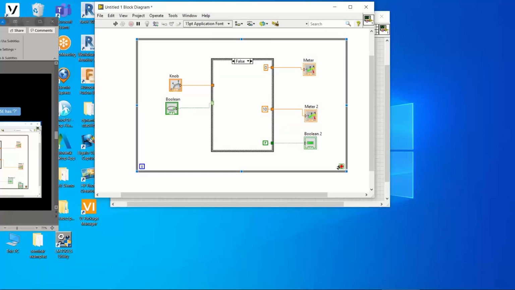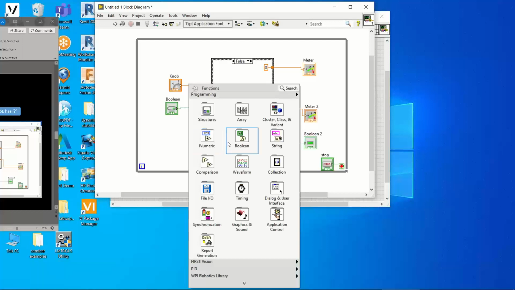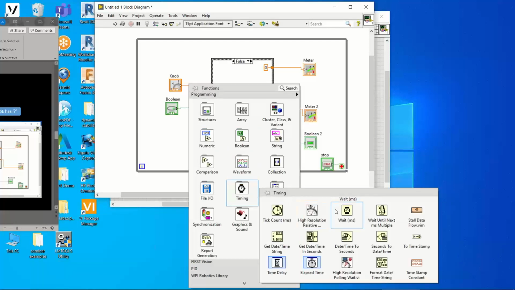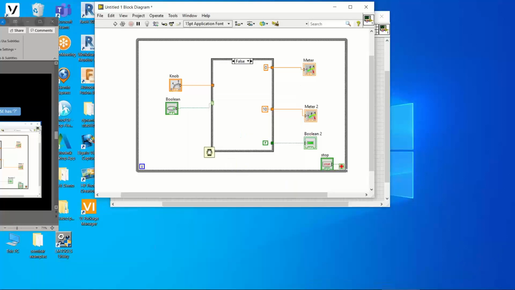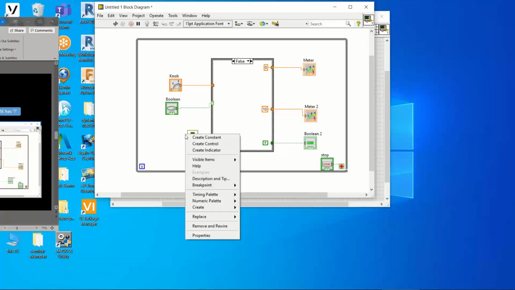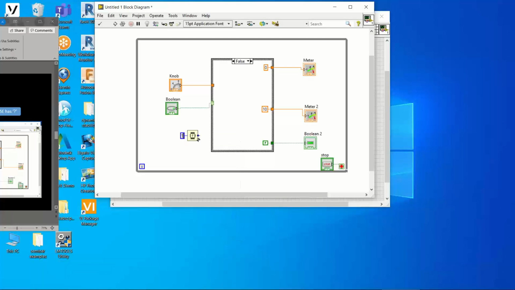I'm going to right click down here on the loop control and create a control. And then I want to put my time delay out here in the while loop. So I pick up a wristwatch from the timing palette, right click, create a constant, and let's make it 55 milliseconds. So the word problem is